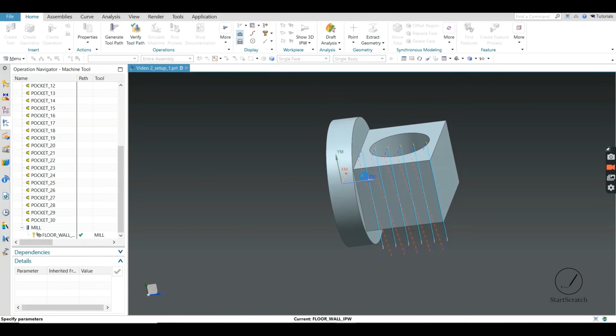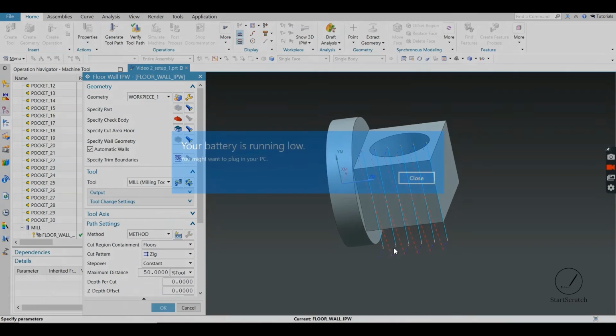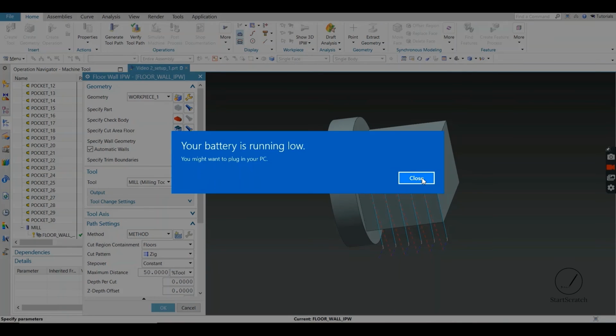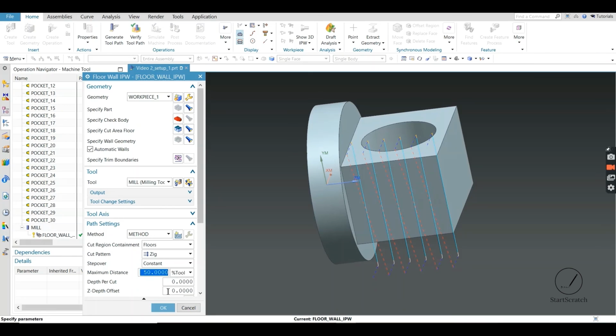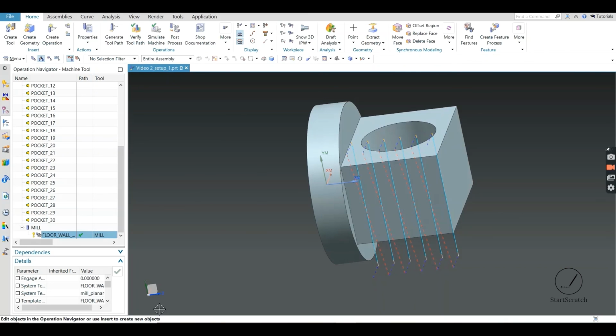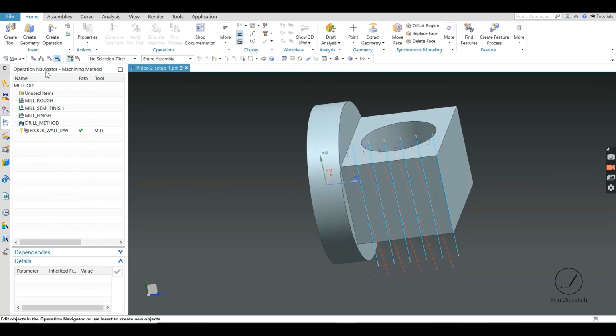See, this is the tool path which our tool would take during the operation. You can go to program navigator, operation navigator, and programs, and you can see here that our program is added.